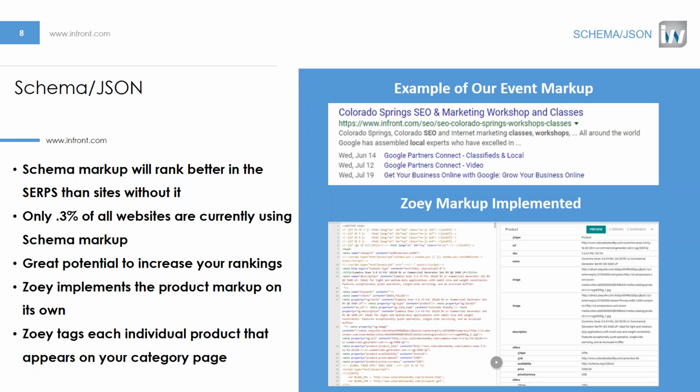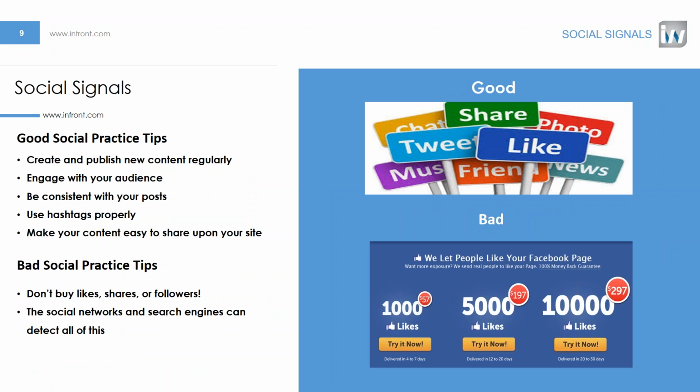Now, the next thing we're going to get to is social signals. Social signals, now these are still a big unknown in 2017. Back in 2015, there was some backtracking by Google's Matt Cutts, and then it was reiterated in 2016 by John Mueller about how social signals do not necessarily play any role in your search engine rankings. Now, some say it helps in rankings, others say it doesn't, but I think that they are pretty important, and due to how prevalent social media has become in our day-to-day activity, I can only imagine that they are going to become more and more important, as this is now basically the way that any sort of good content is shared,